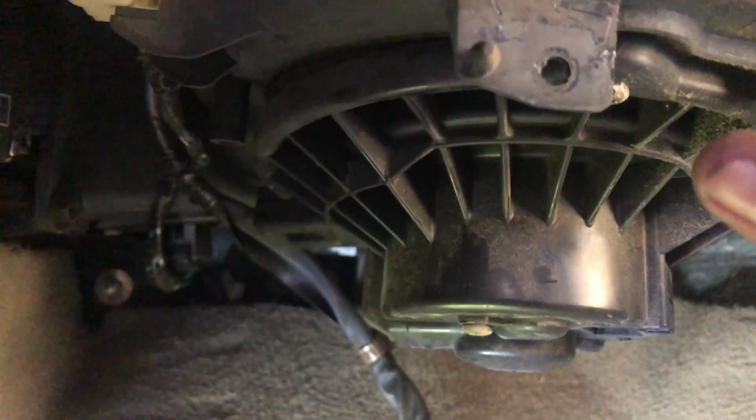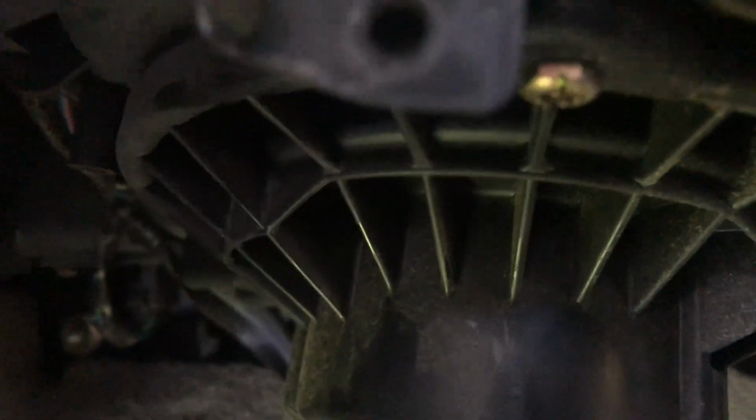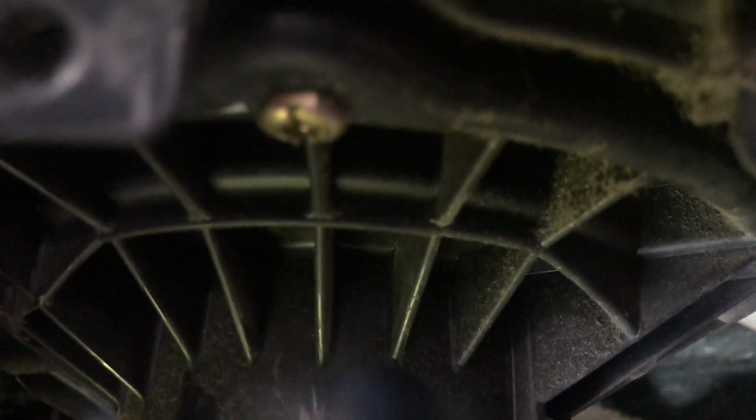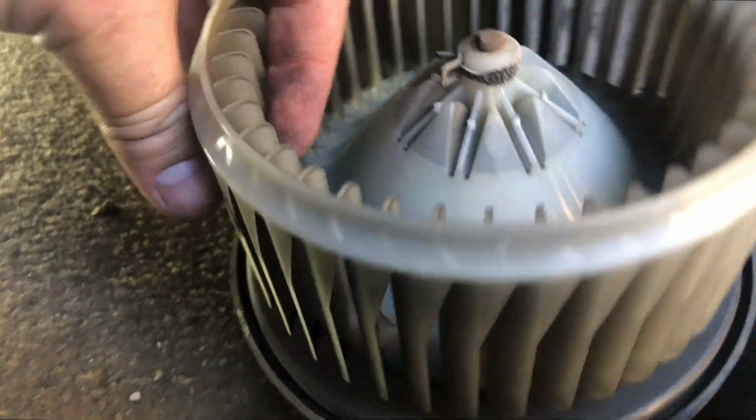So we're gonna go ahead and take this third fastener out. If you guys can see it. I'm gonna take this third fastener out, and we can remove our blower motor. So let's go ahead and take that out. All right guys, so we got our blower motor out,